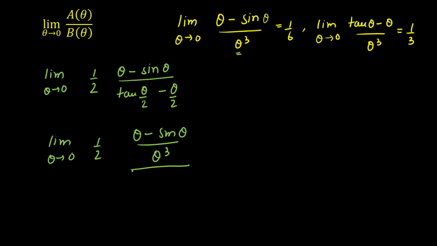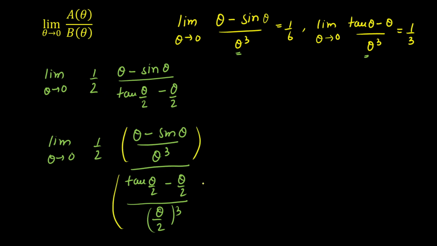Now here whole divided by tan theta by 2 minus theta by 2. Now to evaluate this limit, I need theta, theta and theta everywhere. Similarly, tan theta by 2 and theta by 2 cube should be here in order to evaluate the limit. Now I got the standard limits. The limit will be equal to 1 by 6. This limit will be equal to 1 by 3. Now that I have divided by theta cube, I have to multiply by theta cube here. Now here I have divided by theta cube, I have to multiply by theta cube divided by 2, that is 8 here. Now I'm going to evaluate the limit, that is 1 by 2 is as it is.